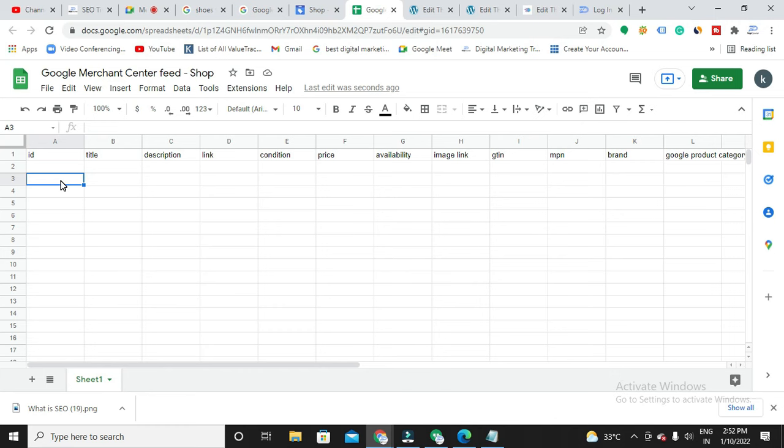You might also have noticed on Instagram, while you go through the shopping pages, for each and every product there will be some unique code. So that is called ID here. Make sure the ID is very unique from one product to another product. So I'm just going to give some